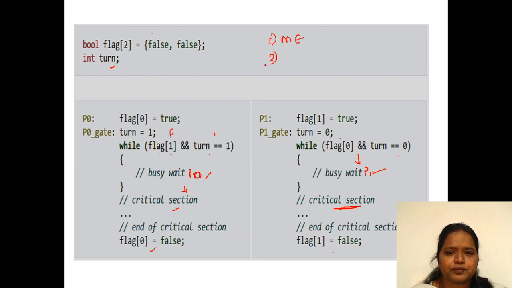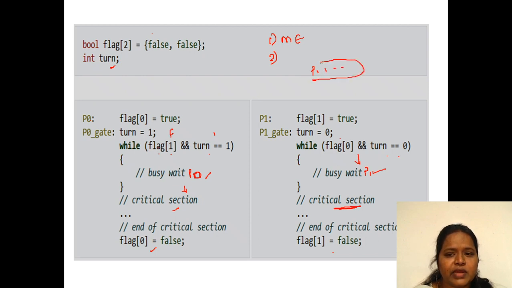The second one is progress. Progress means that out of all the processes, we have to allow the processes which are willing, which are interested to enter into the critical section, with no time limit. On the spot we have to take a decision. Suppose P1, P2, P3 and so on are there.